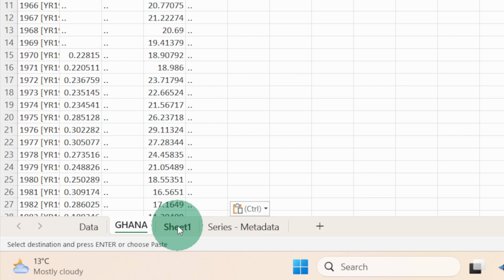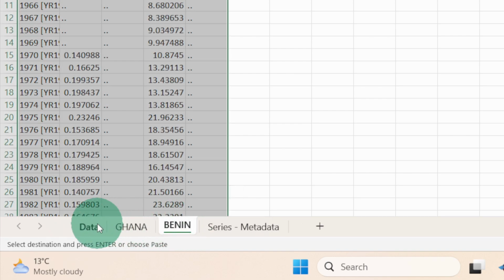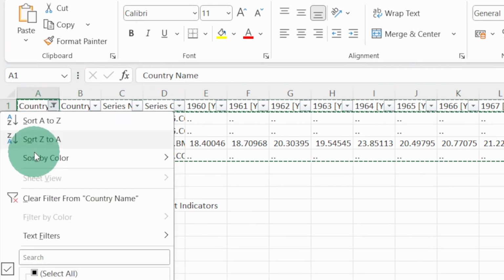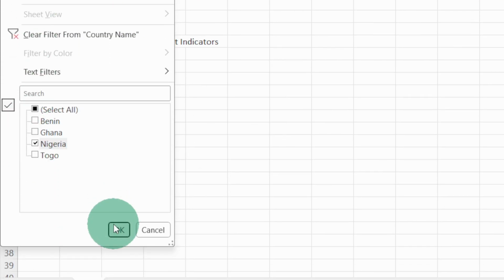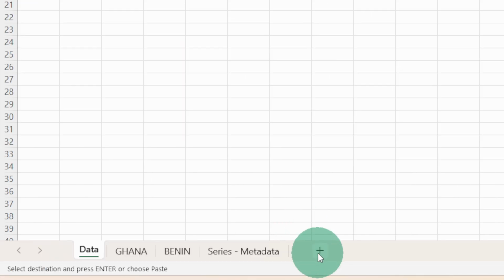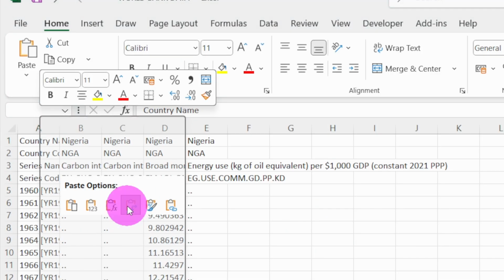Double click to start editing. We go back to the data tab again. Ctrl Home to go back to the first cell. We choose another country, Nigeria. Click OK. Ctrl A to highlight, Ctrl C to copy, create another sheet, right click, transpose the data, rename the